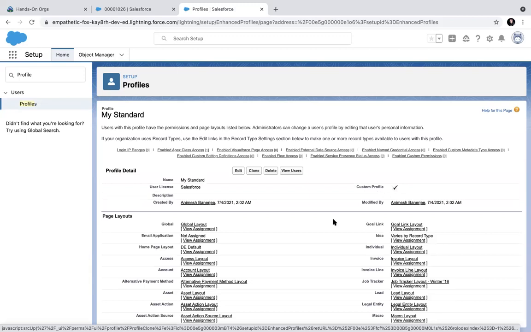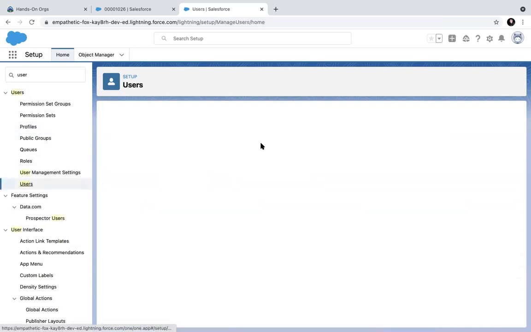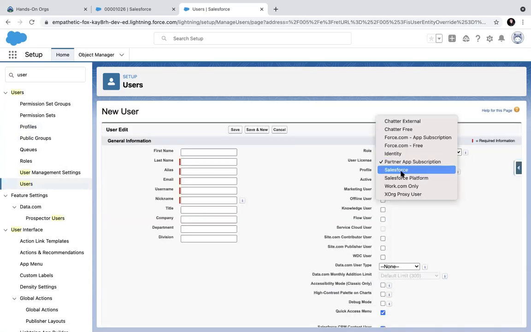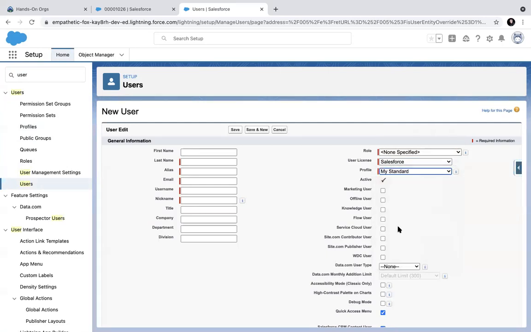The standard profiles you cannot modify, barring a few things. So if you want to modify the profiles, you need to clone that, create a custom profile, and assign this profile to the user. So if you now go to the user and create a new user, you will see that the my standard profile is now available for assignment.